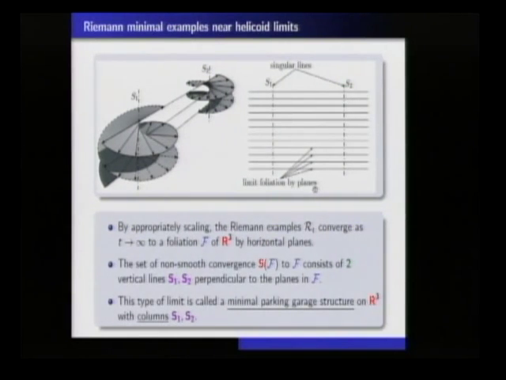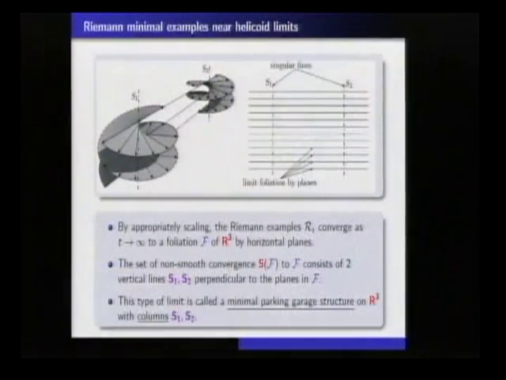There's work done by Matthias Weber and Martin Traizet, and they said, suppose I have a sequence of minimal surfaces and they converge to a parking garage structure. Where are the columns? I can't put the columns anywhere. It turns out there are special places where these columns appear. And they're related to Hermite polynomials. They're related to the zeros of certain polynomials. And anyway, it's very interesting, the sort of balancing conditions. How do you get something minimal converging to a foliation? And it's very interesting what happens.